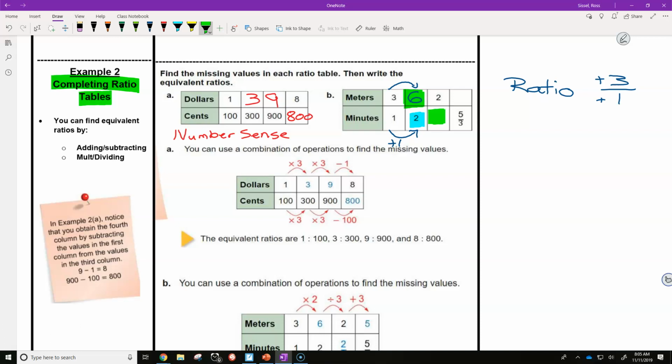Alright. I do not know this ratio. We added. Okay, we do not know this one, but we know the corresponding one is 2. Well, how did I go from either 3 to 2 or 6 to 2? Joseph? Which one? Did you go 3 to 2 or 6 to 2? If I know my math facts, I added 3. I divided by 3. So 2 divided by 3 is,